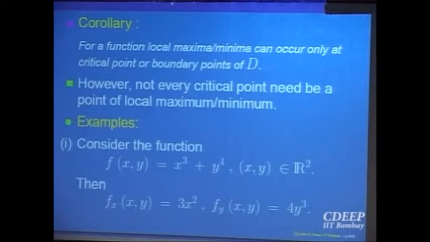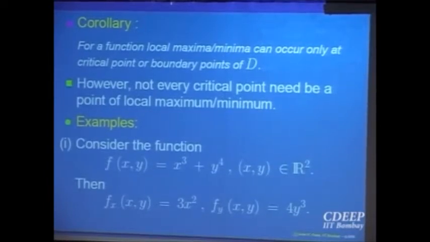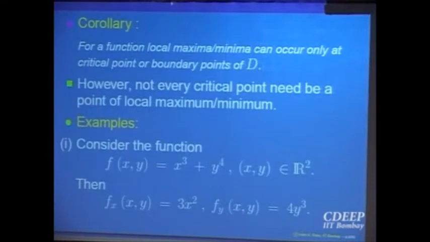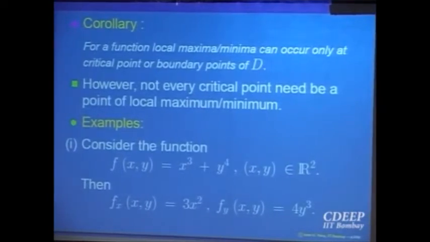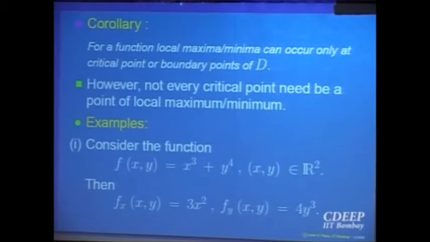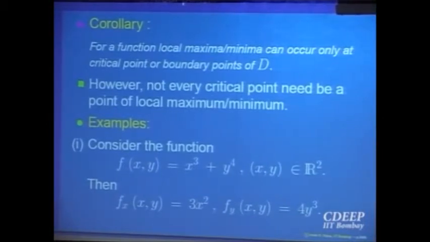So that says that out of the critical points, not every point need be a point of local maximum or local minimum. That happened in one variable also. And one of the questions in your mid-sem was of that type. The function x plus sin x. Yes? Look at the derivative, it is 1 plus cos x. It is equal to 0 at countably infinitely many points. But none of these points is a local maximum nor a local minimum, because you were asked to prove the function is strictly increasing. Right? So you will see in your tutorial classes how many have done that problem, right.